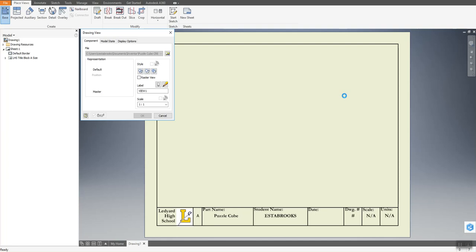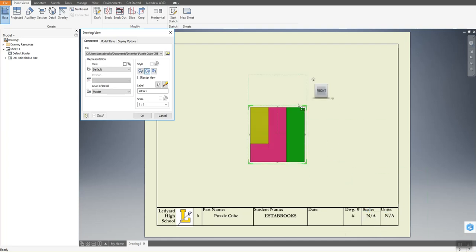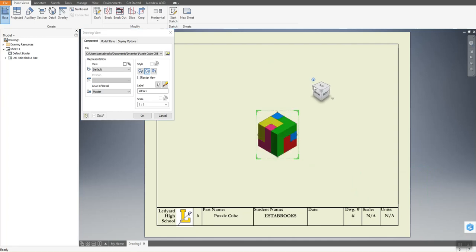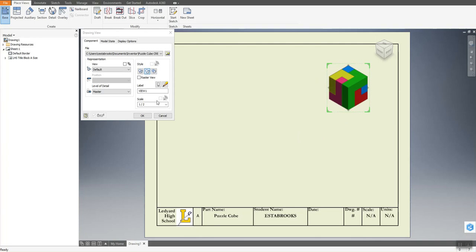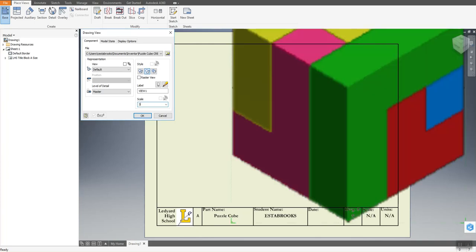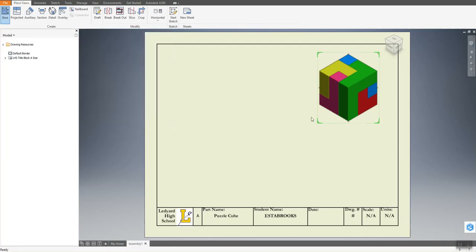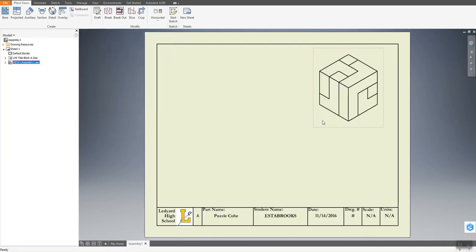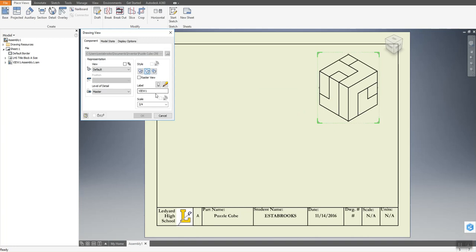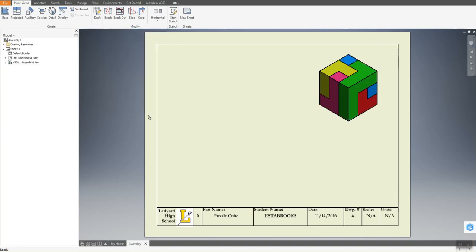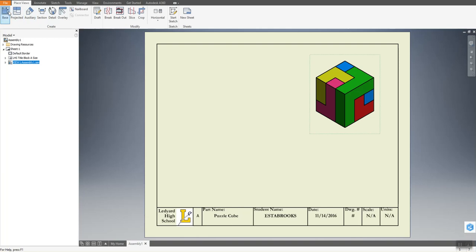And you'll notice I've put NA for both the scale and the units because this is not a measured drawing. So there's no real applicable scale. So we're going to just use whatever scale looks good and place several base views. And again, this is more of a presentation drawing, so we want to use the color rendering. And then I've prepared the